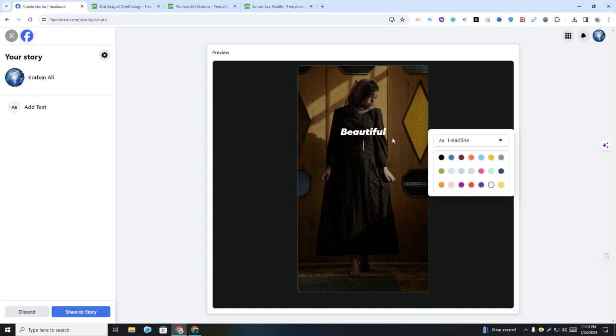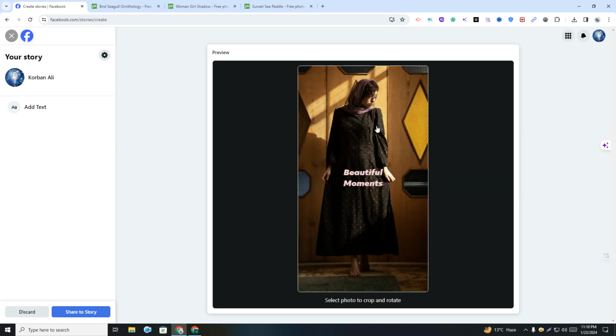like beautiful moments. Okay, then you can see there are some colors here, so you have to click here on which color you want. So I just keep this one because it's really fit for text,